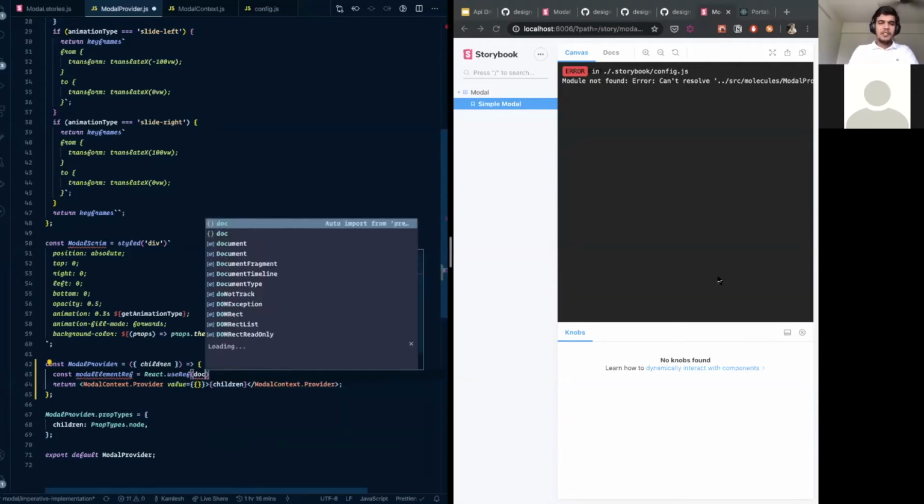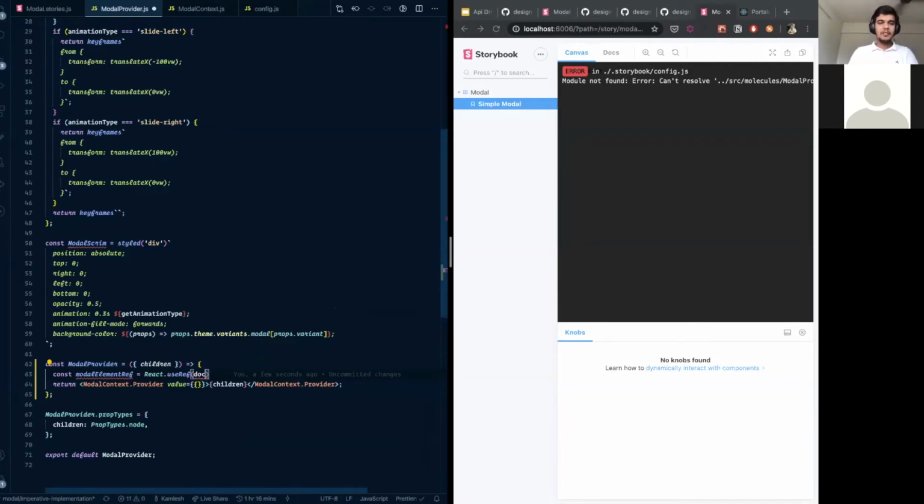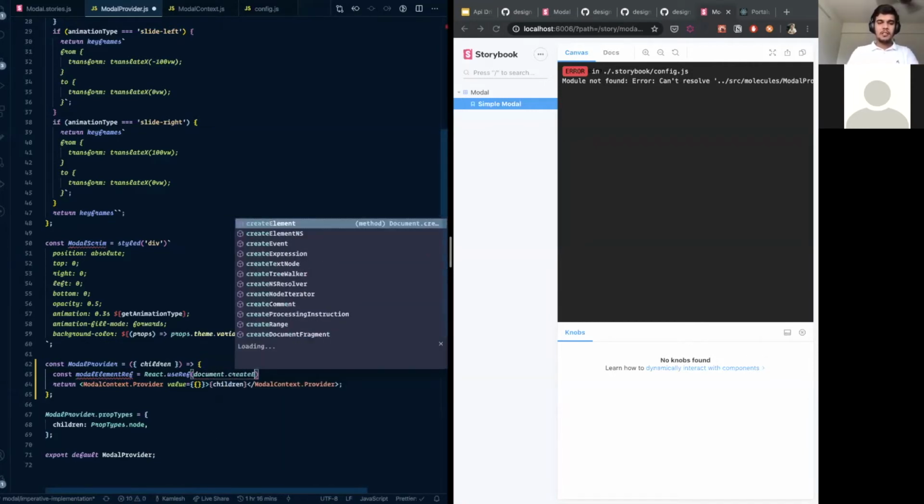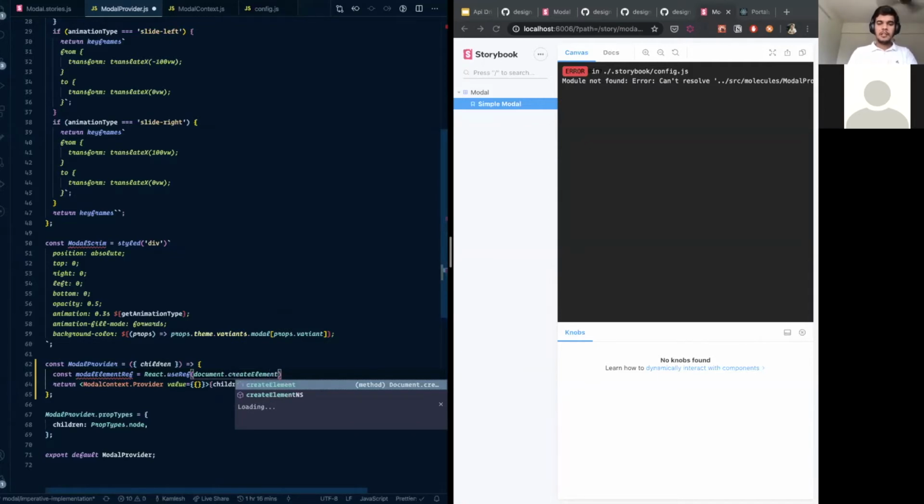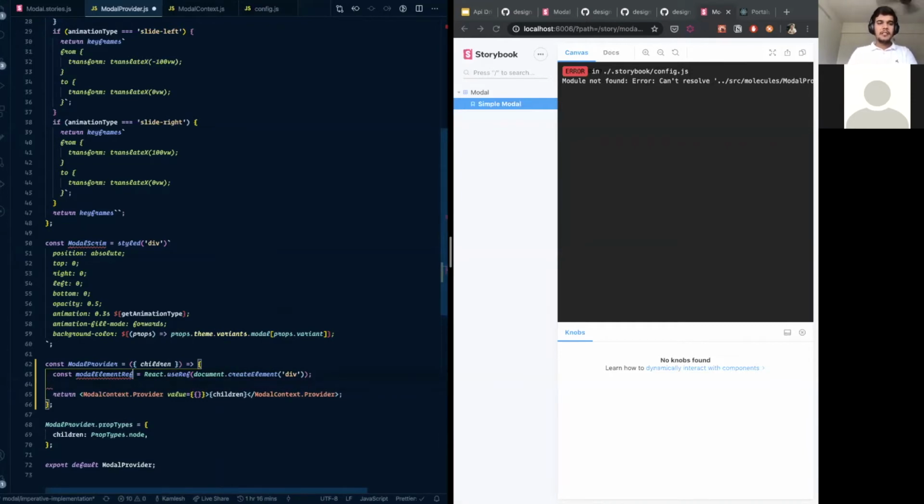So what I'll do to render it is give it a container, right? I want to create a container and then pass it to the portal. So I'll say document create element, I'll say div, right? So I'll basically get it as my current value. So let's see if I'm able to render it. So this is basically my container where my modal will be rendered inside my DOM tree, but we still don't have the modal. So let's go ahead and do that.